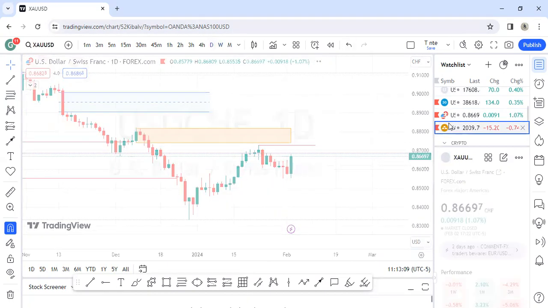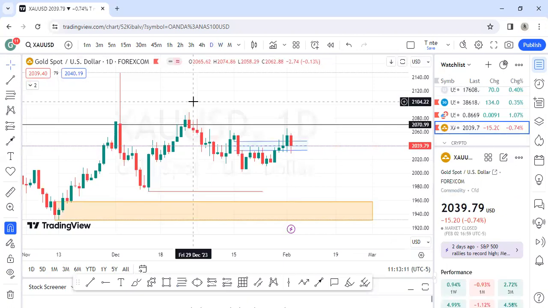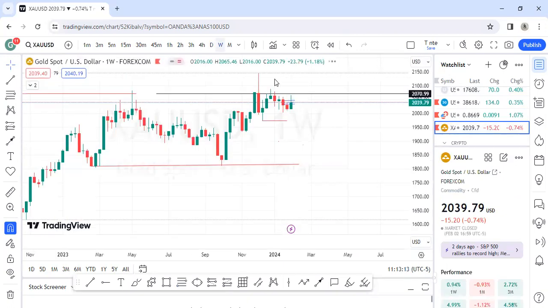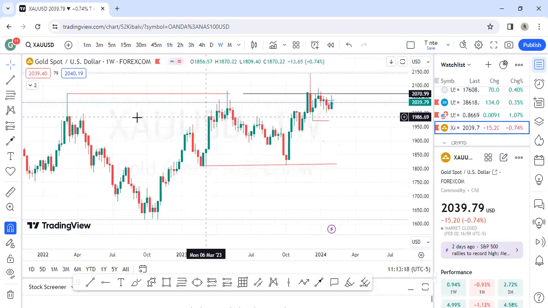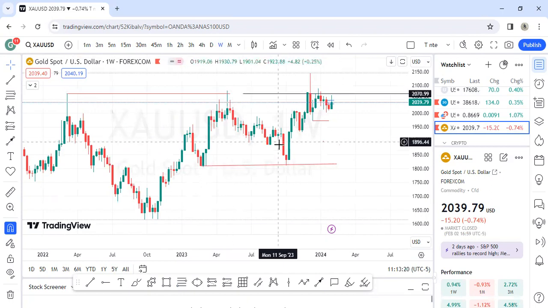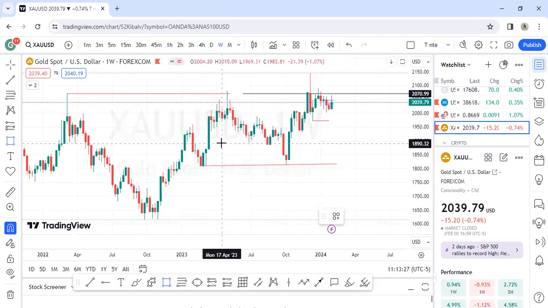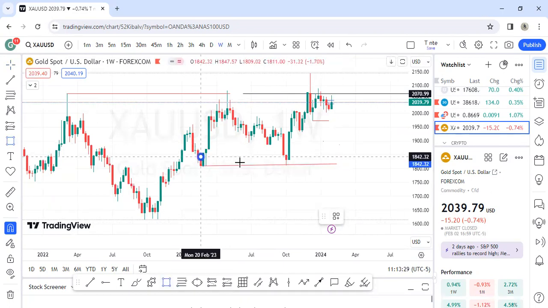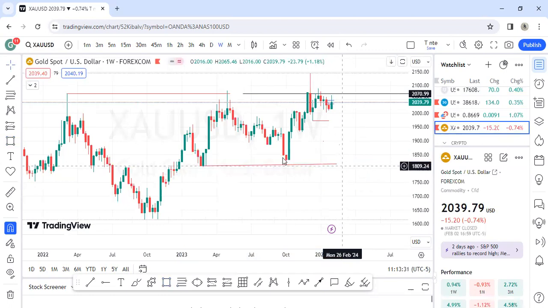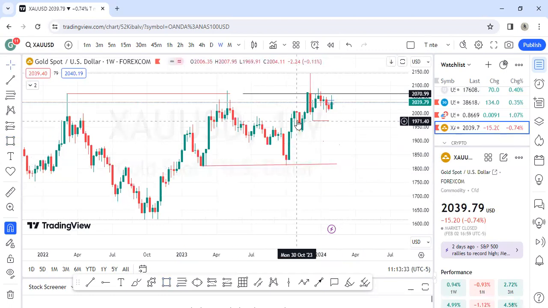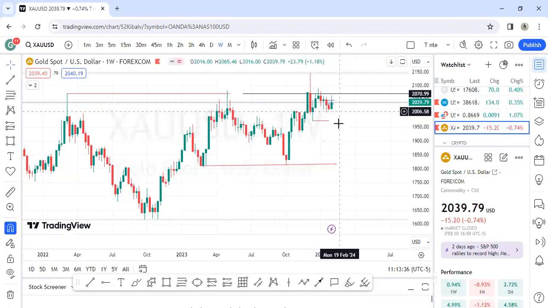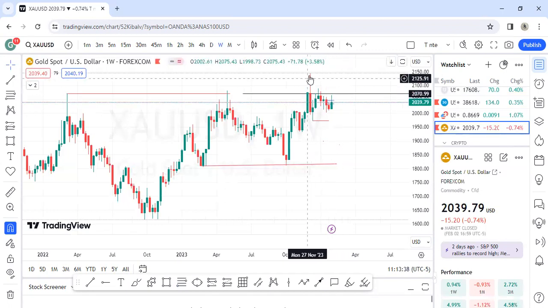All right, let's look at gold. Gold is very tricky, like a tricky pair. For what I can see on gold, we took out this liquidity pool, right? We failed to break below this low, and that was a sign that the market wants to go higher. So we hit this order block there. The market has been rallying ever since then. Now we have taken out this liquidity pool, a very clear takeout.